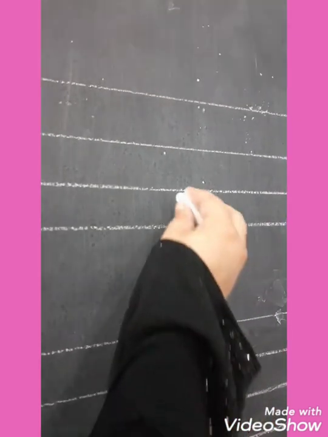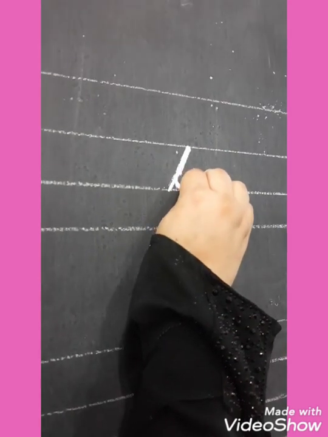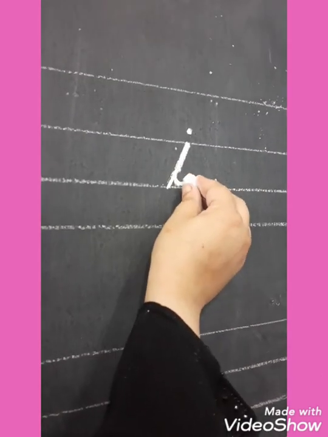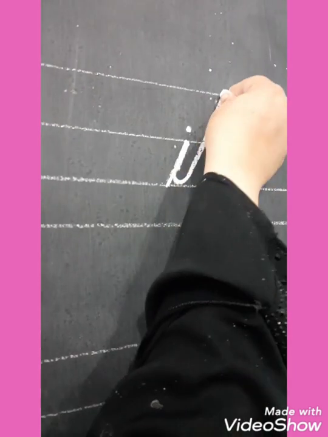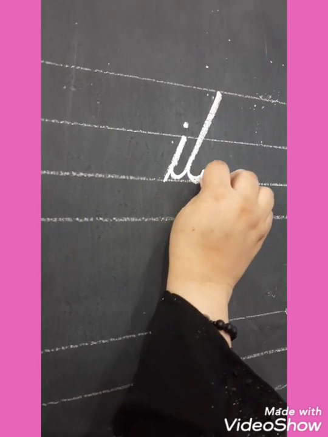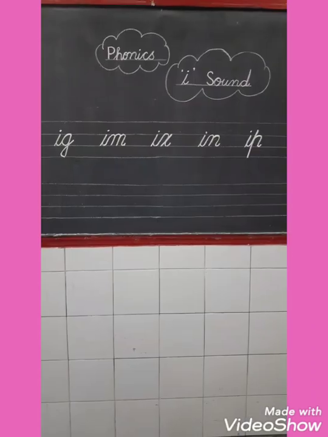And the last sound is IT sounds, it. Go up in a slant, come down, leave it still, put the dot. अब T आपने join करना है. आपने इसकी tail को यहाँ से ऊपर लेके जाना है. Touch the first line and make your T. आपने इसको अपना T बनाना है. In the end you have to make a line of T. Nursery class, this is the two letters joining.